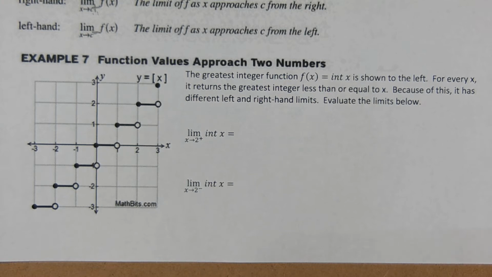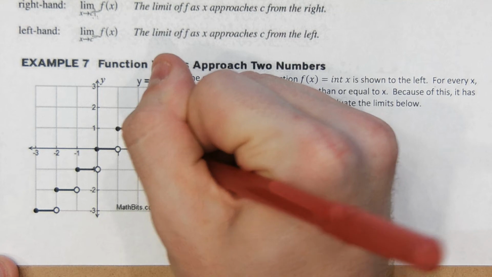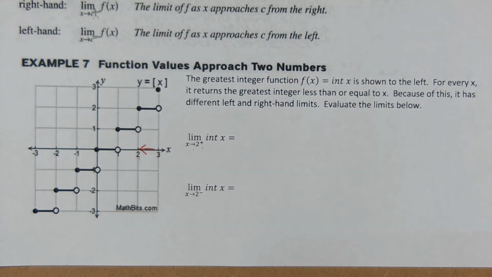Because of this, it has different left and right-handed limits. So let's find the limit as x gets close to 2, but from the right of 2. So it looks like this. You go, okay,